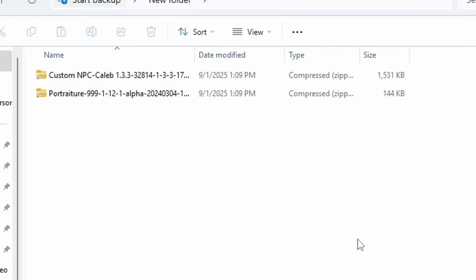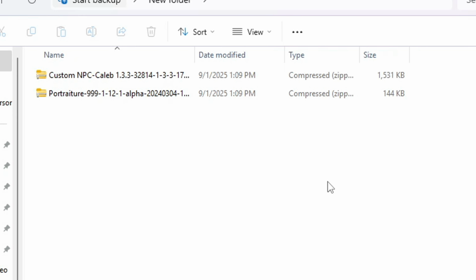Now, I have not re-downloaded the SMAPI mod as I already have it, and I do explain how to install SMAPI in my LEVI video, so I'll be linking that video and a few videos for those who have a Mac and a PC that I also found very useful, in case you guys want to see those. Essentially, after you download and get your SMAPI ready to accept mods,